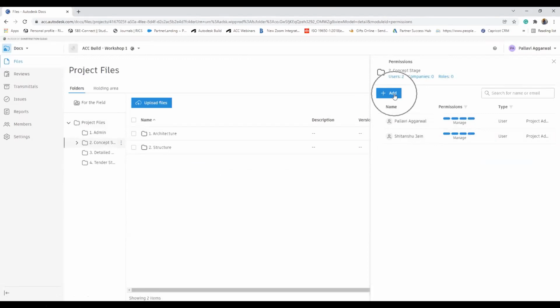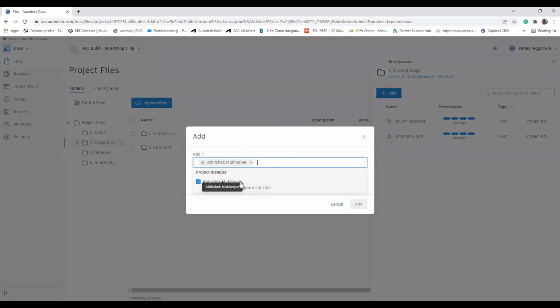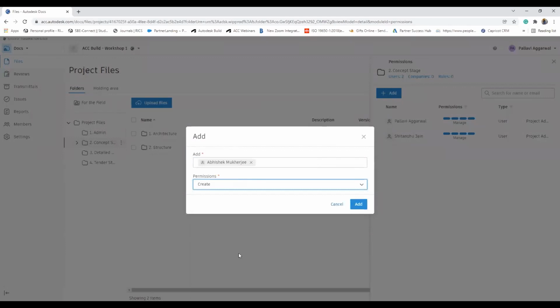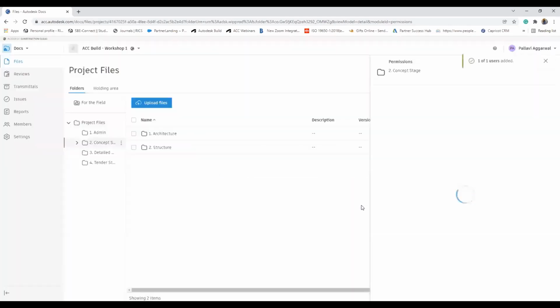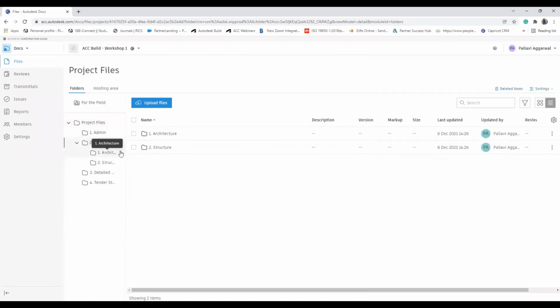The architecture team will have access to the architecture folder, the structure team will have access to the structure folder, and the site-specific team at the construction stage, which will come at later stages of the project, will then be added in that particular folder, again specifying the level of information that they will be shared with. So again, I have to add Abhishek here in the project if he has access at a project member level, and then I will define the level of permission that he will have within that folder. That folder will again have a set of limitations. For example, you don't want that person to edit any file or download any file, just view the files. Those kinds of information we can edit over here in documents.